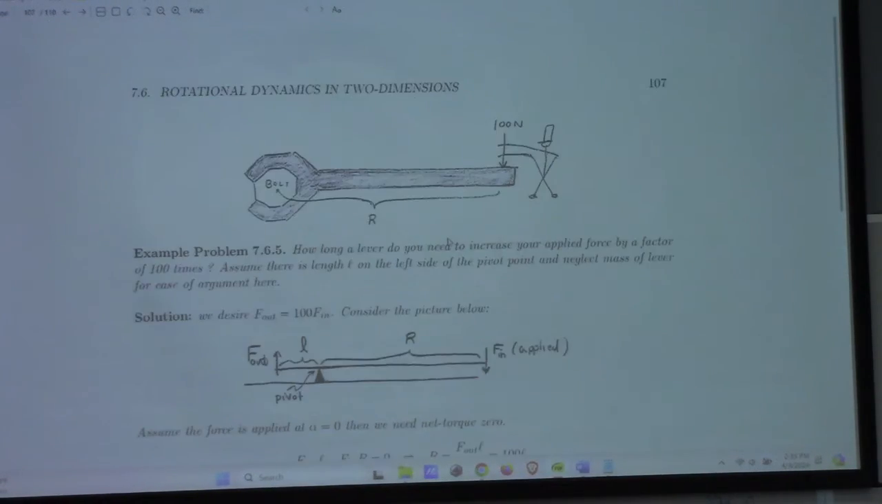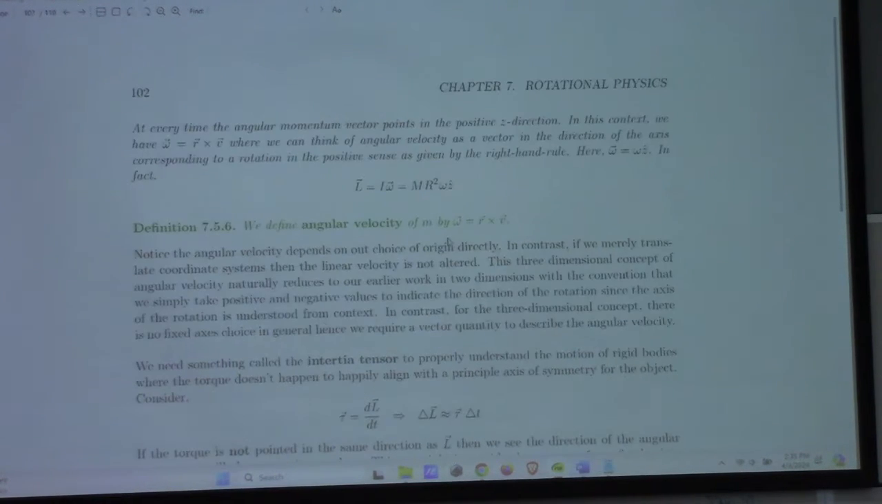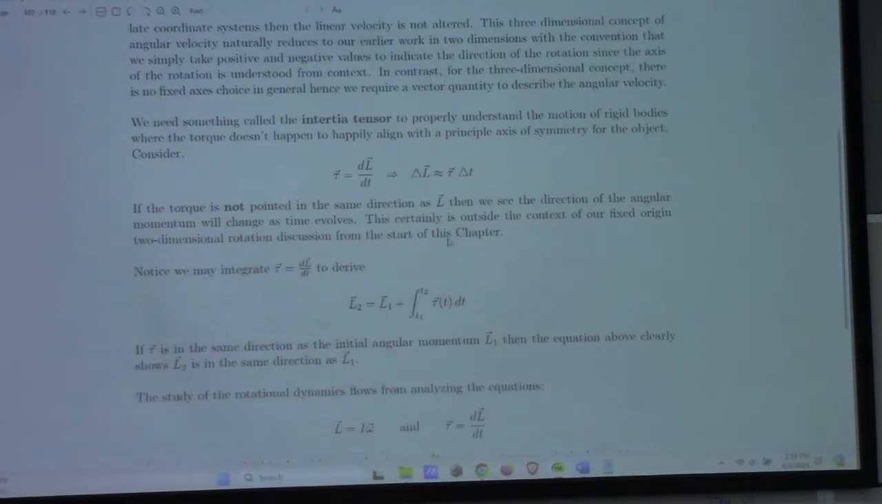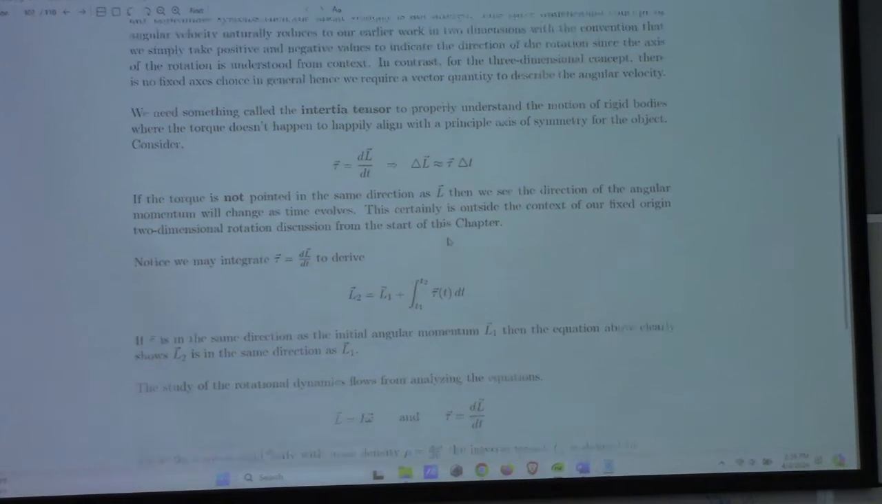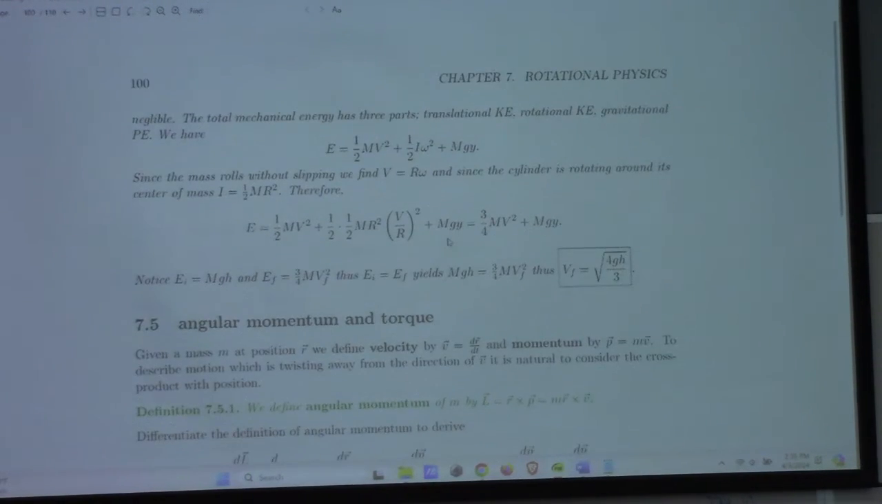Yowzers. Oh no, the double scrolling got me. Just a second, let me see. All right, so